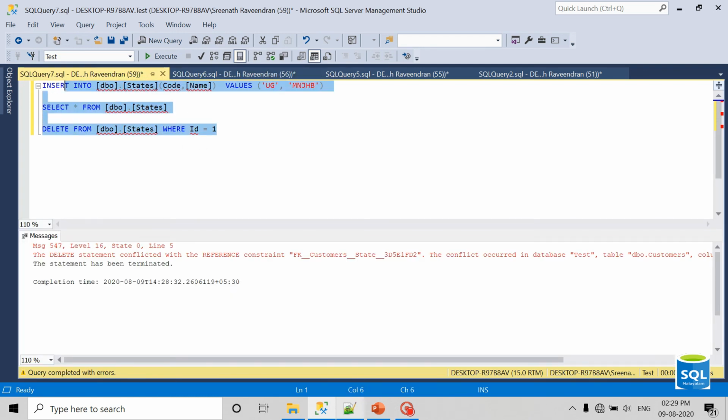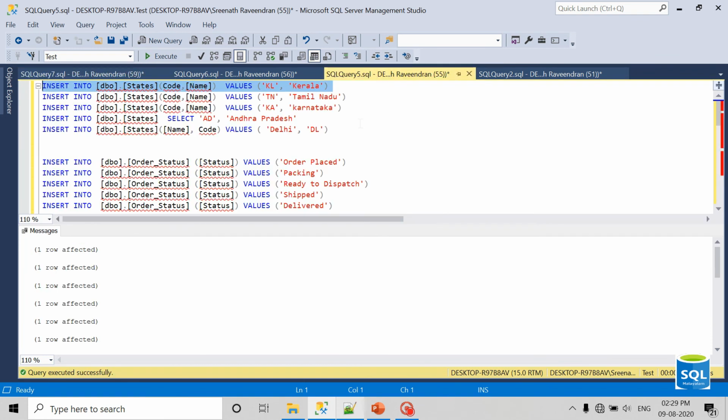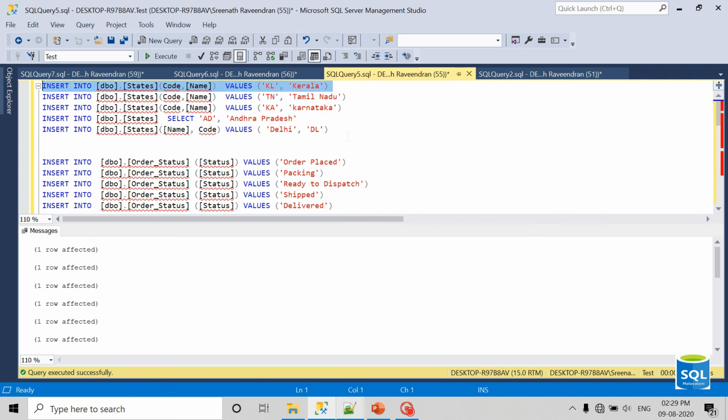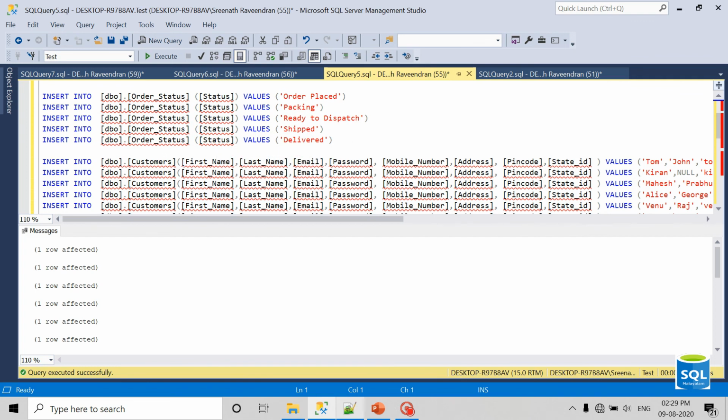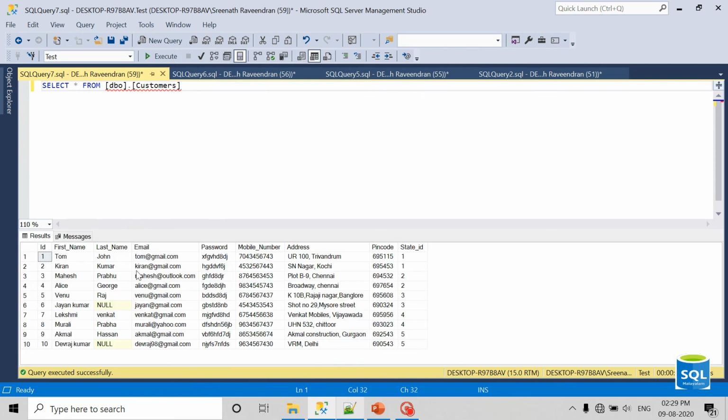Now let's move on to the ALTER statement. How can we alter a table? In the customer table, right now we have a state ID. Now I need to add a new column to this table.